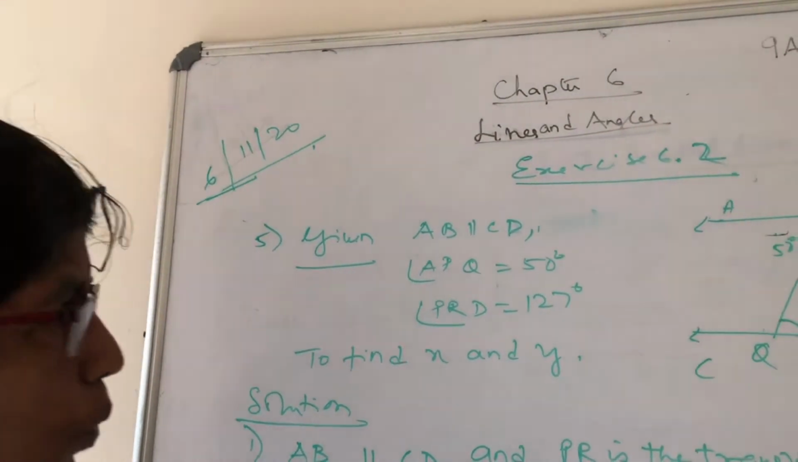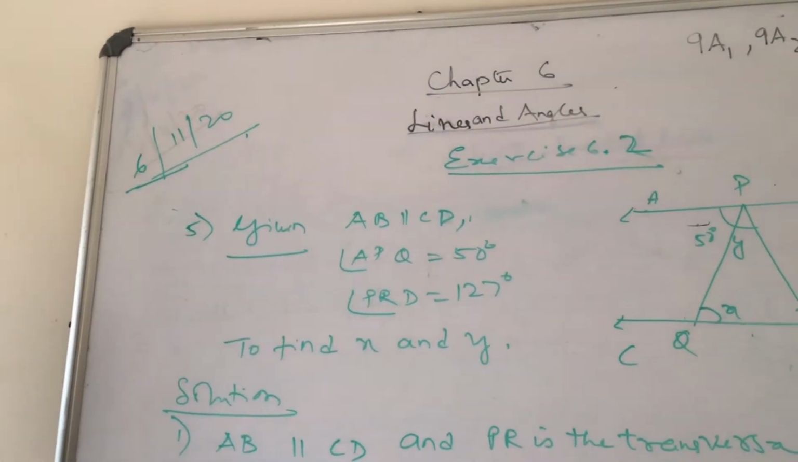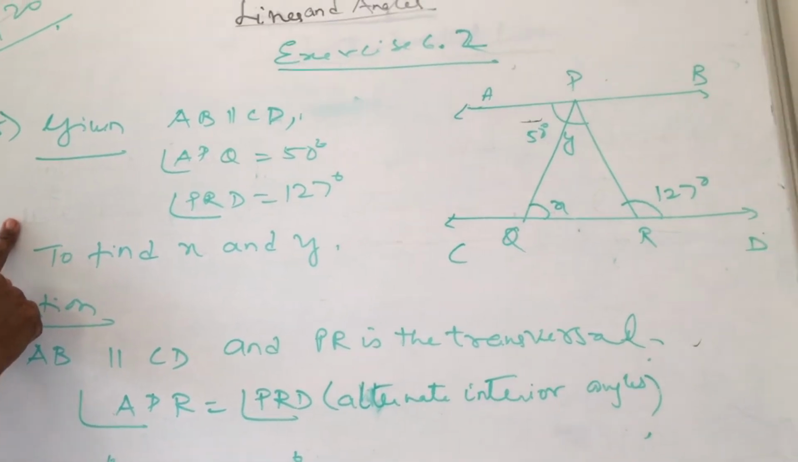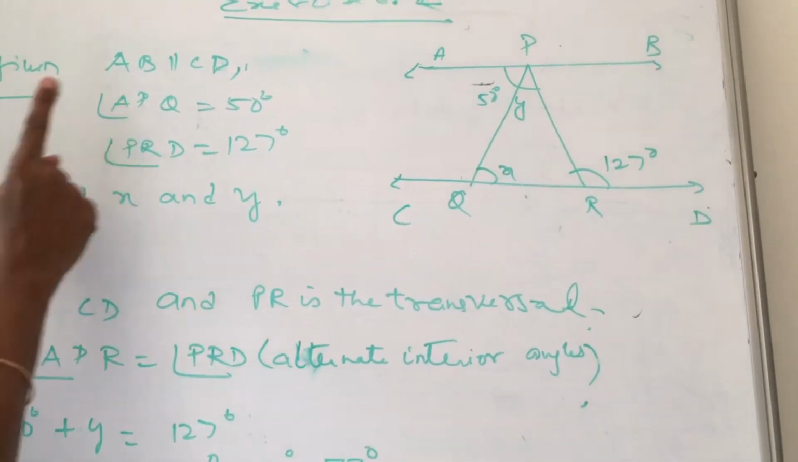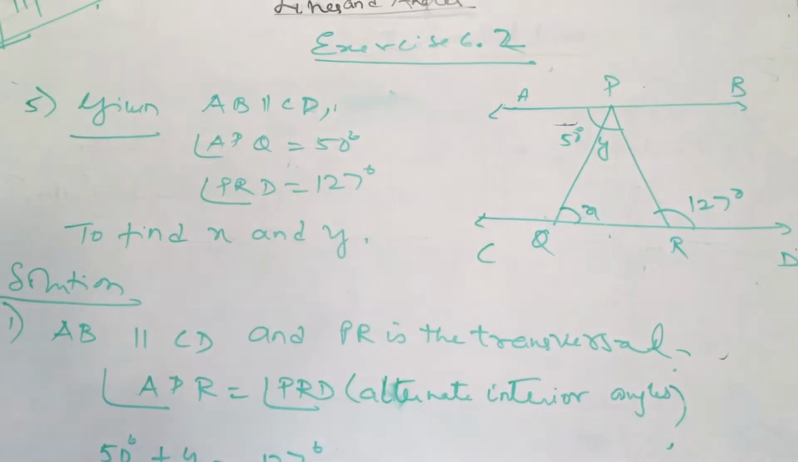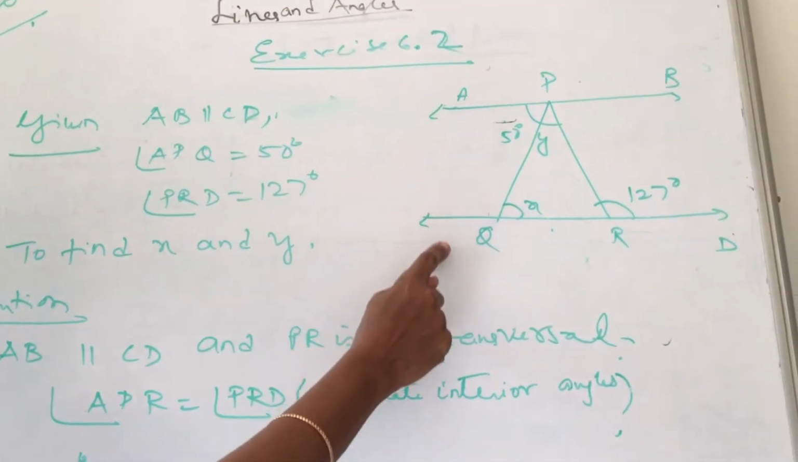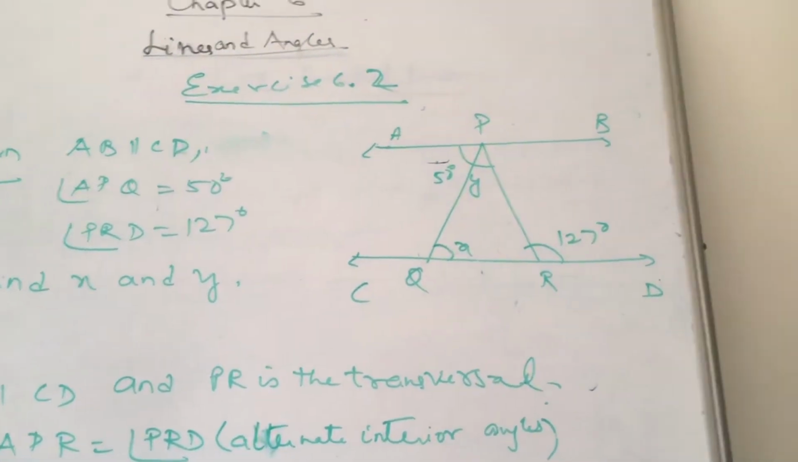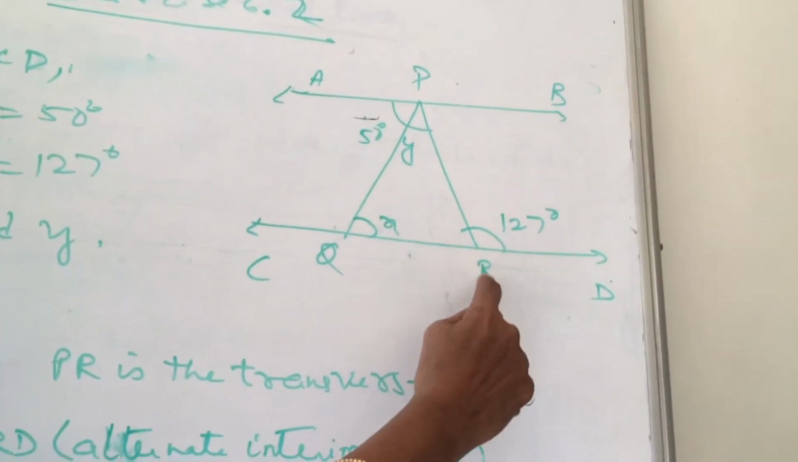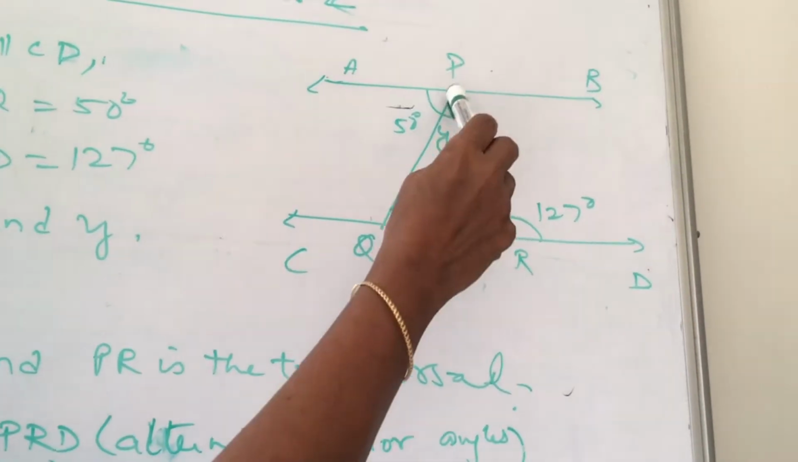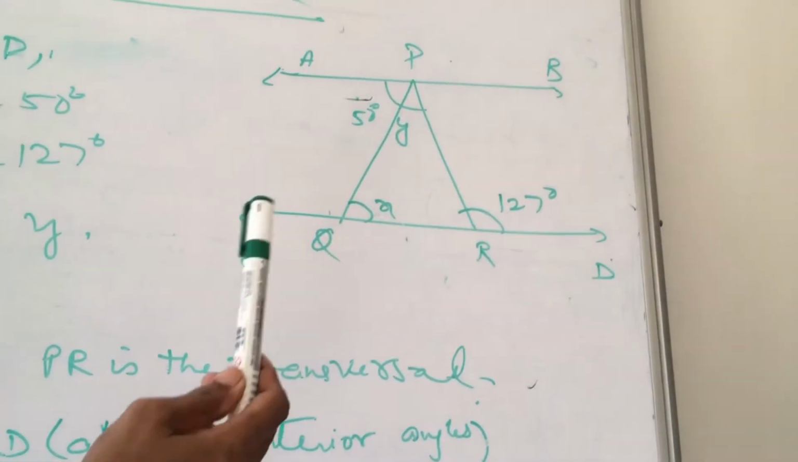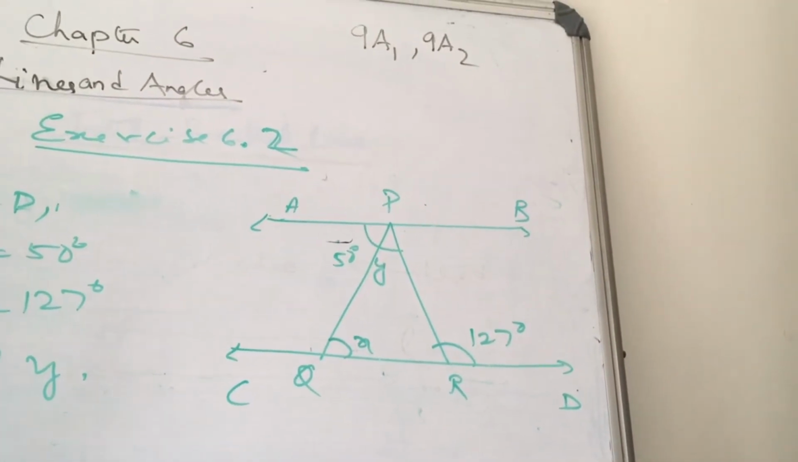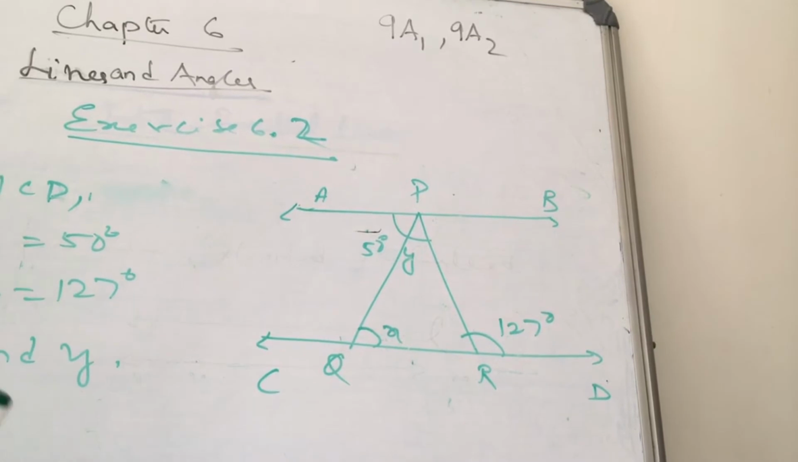Now, coming to today's class, in continuation of exercise 6.2, we are doing the fifth sum. The fifth question is AB parallel to CD. Angle APQ measure is 50 degrees. Angle PRD is 127. Find X and Y. When we use the word parallel, it must strike your mind that there is definitely a